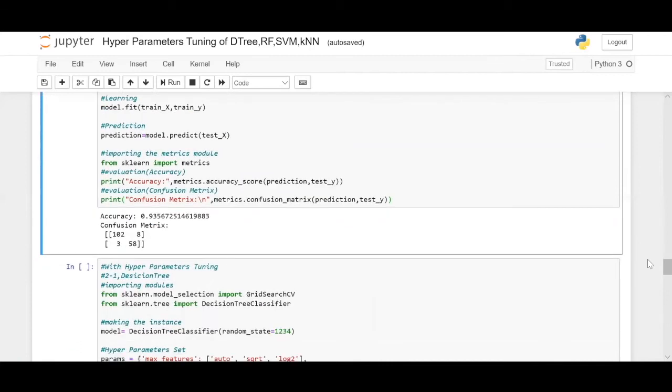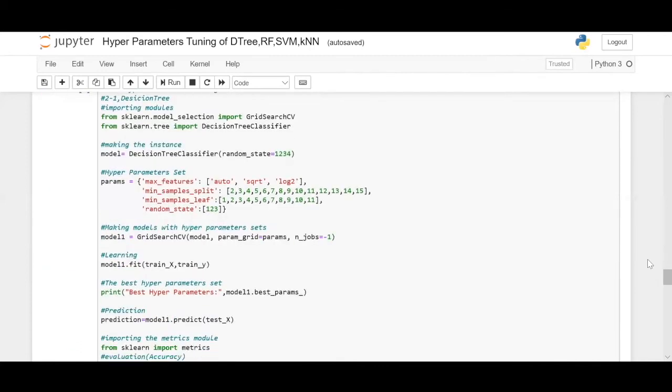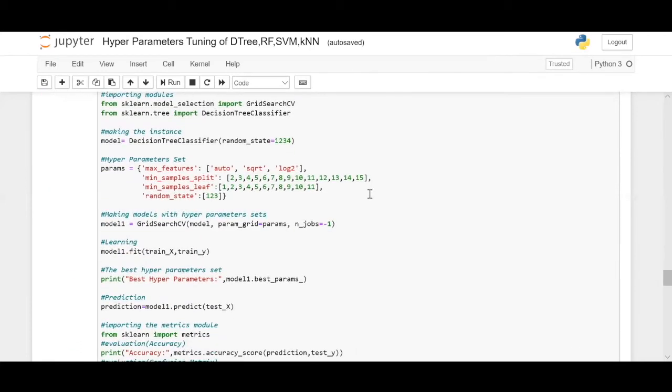Let us move into hyperparameter tuning now. So in today's hyperparameter tuning, we will explore grid search with cross validation, which is GridSearchCV from sklearn's model selection module. So we will define the base model. Base model is what? This is the model upon which we will apply hyperparameter tuning. Hyperparameter tuning means identifying the best hyperparameters that suit this model and the data respectively.